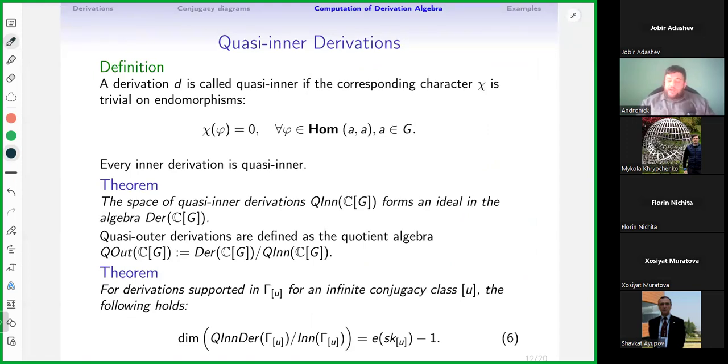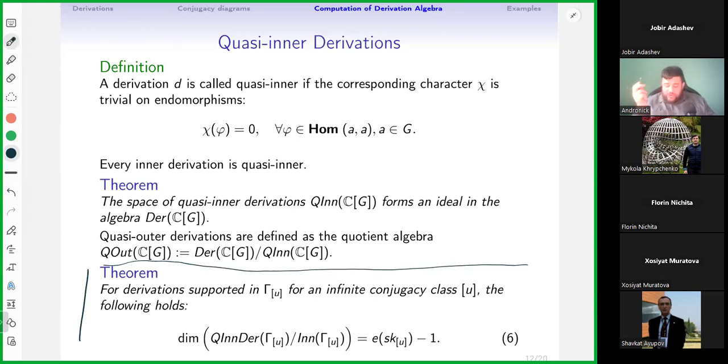Secondly, there are derivations which are not inner, but which have a character which is trivial on loops. We will call such derivations quasi-inner derivations. So a quasi-inner derivation is such a derivation that its character is trivial on loops. Of course, inner derivations are quasi-inner derivations, but not all quasi-inner derivations are inner. And this can be described by this theorem that